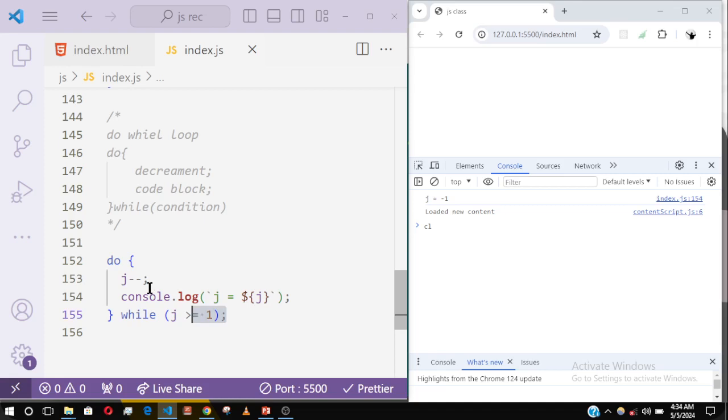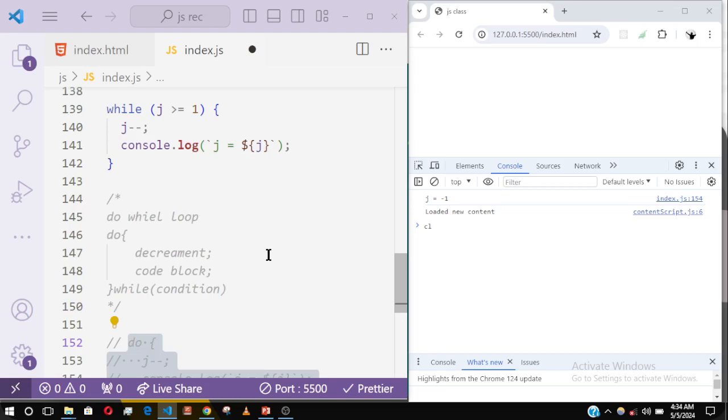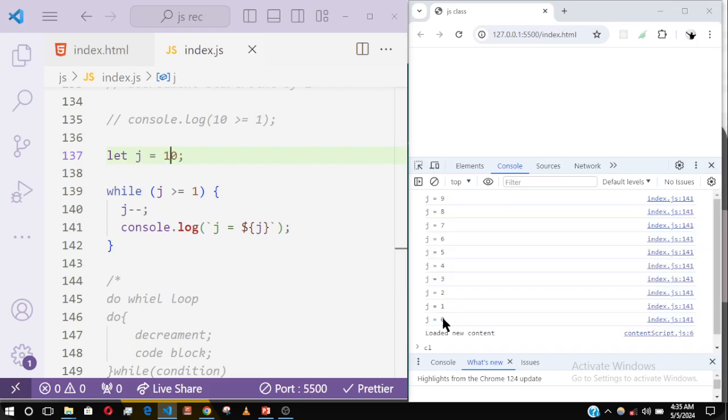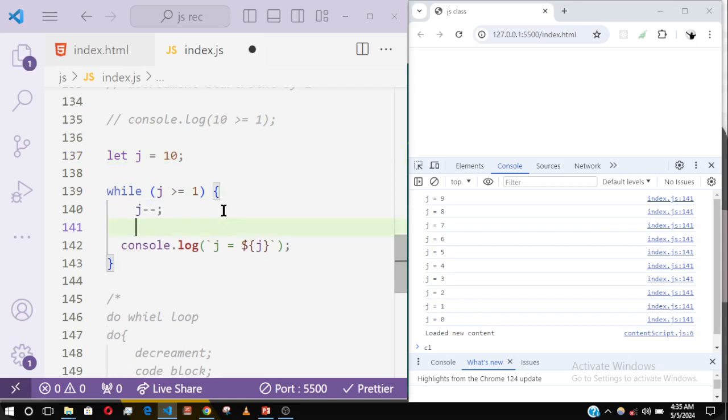So another thing I want to show you when you're using the primitive loop is this. Let's say I change this back to 10. You notice that it's going to run from 10 to what? 0. Now what if I wanted to stop if j is equal to what? 5. So that is possible. So if I put here, if j is equal to 5,